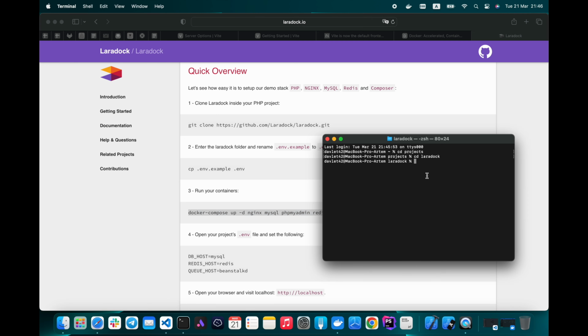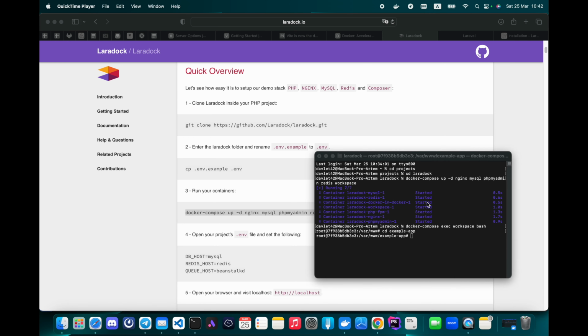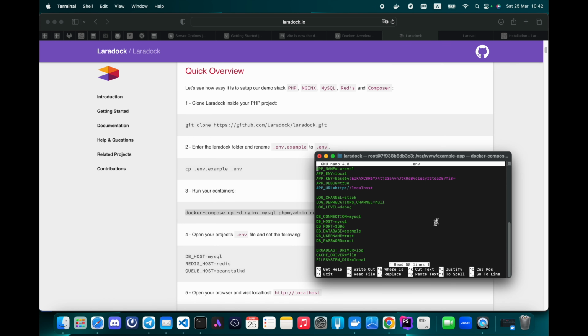Let's start our Docker containers. And let's go to the workspace terminal. As you can see, the database connection is already configured in the env file.